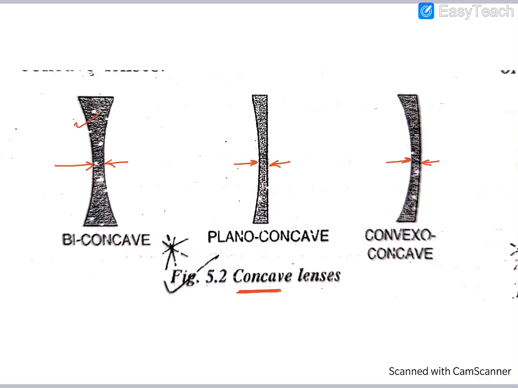In biconcave, again you will see both the sides are curvatures, concave. Again plano-concave, you will see that this side is plane, so we call it plano-concave. Whereas in this case, you will see that the left side is like a concave, but on the right side, it's convex. So these are called convexo-concave. Again, convexo-concave means the lens is a concave lens only. Got it? So convexo-concave are concave lenses, and concavo-convex are convex lenses. Now next one.